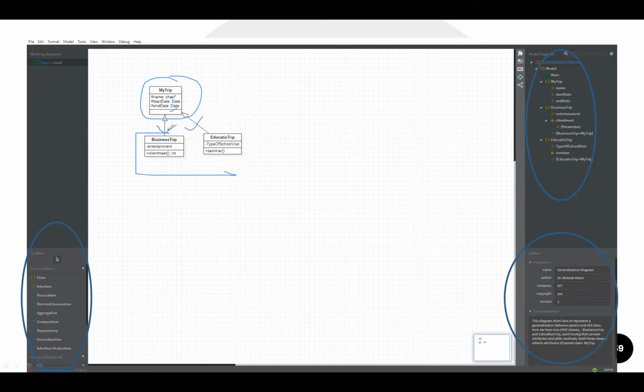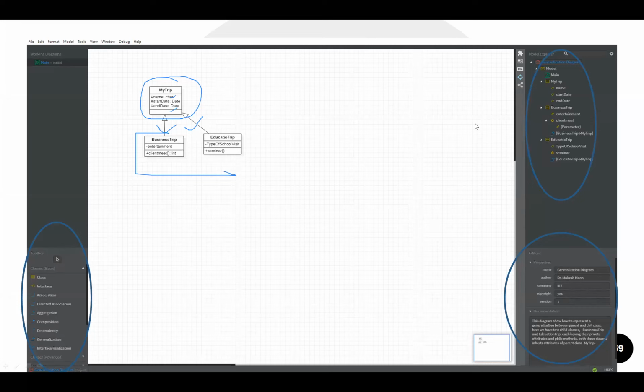Okay. Now, coming to a very important topic: how we have to visualize the interaction between the objects. We have created the classes. Now we want to see how the objects that we have created are going to interact with each other in a very sequential way. In order to see these interactions and later code them, we need some type of diagram, and these diagrams are what we call sequence diagrams.